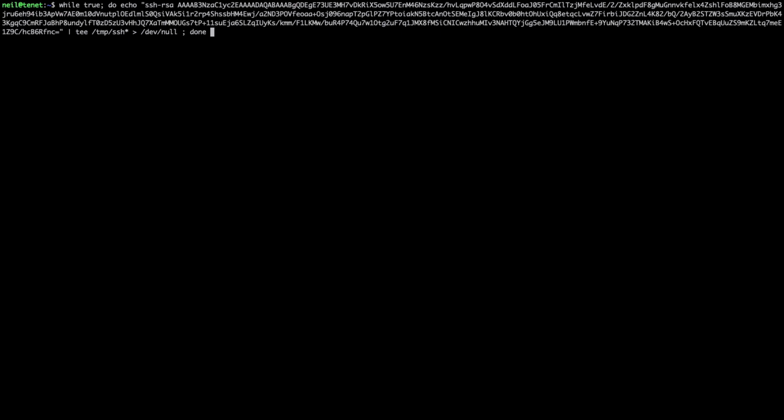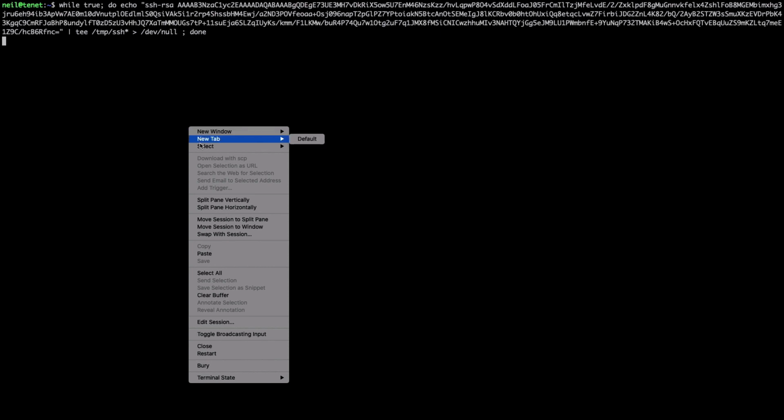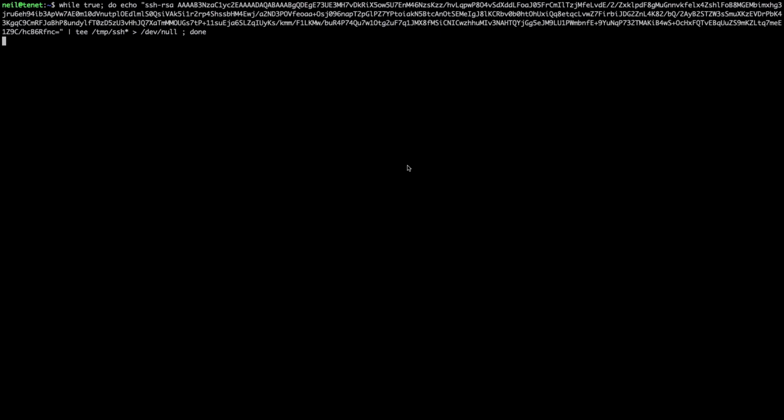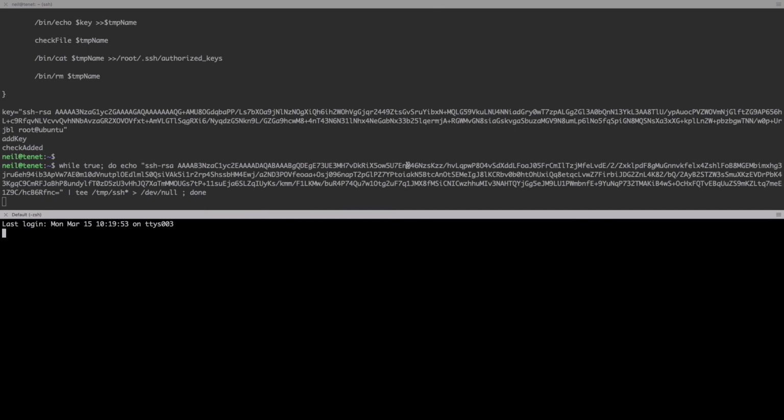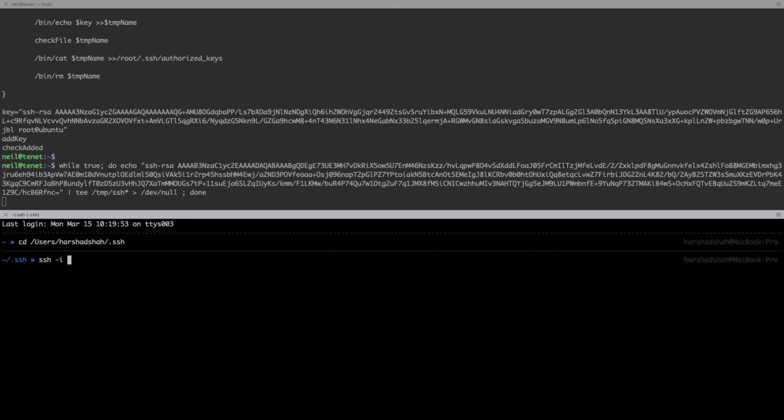This is a very interesting part. And now when you press enter, you can see it keeps running. Now if we try to log in to root, we should have a successful login. So I can split horizontally and try to log in as root. Here my infinity loop is running, and now I am going to log in with my private key. So cd /home/harsha, then .ssh, then ssh -i id_rsa root@tenet.htb, and if everything is okay, we'll get a shell.